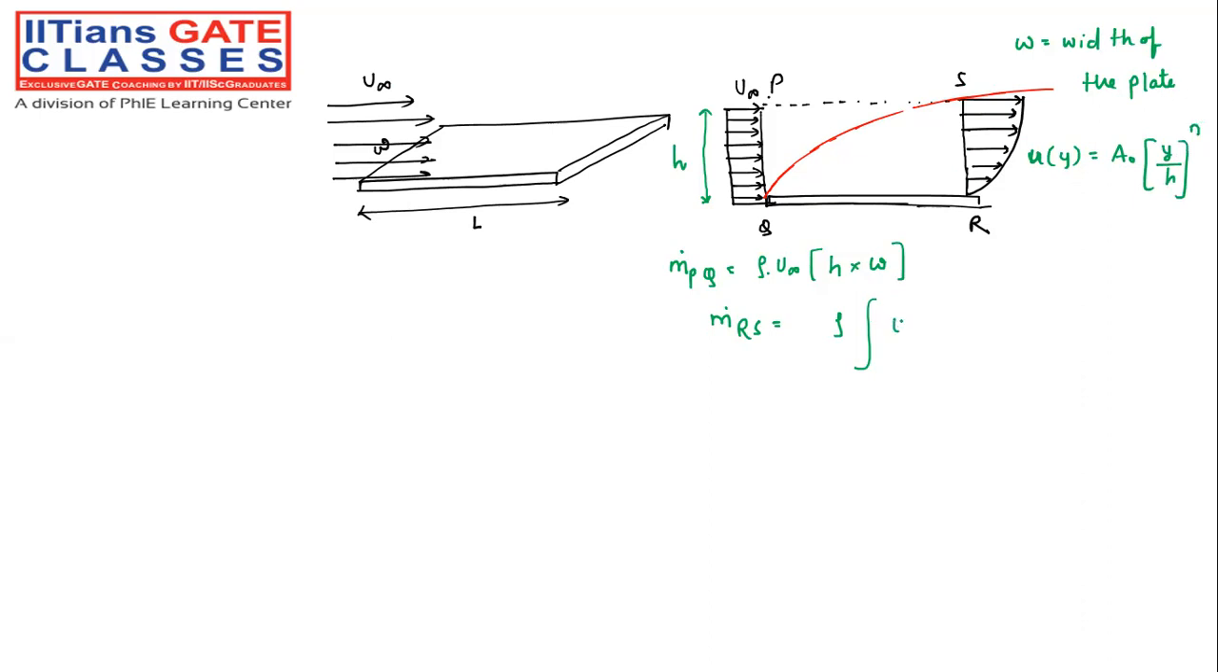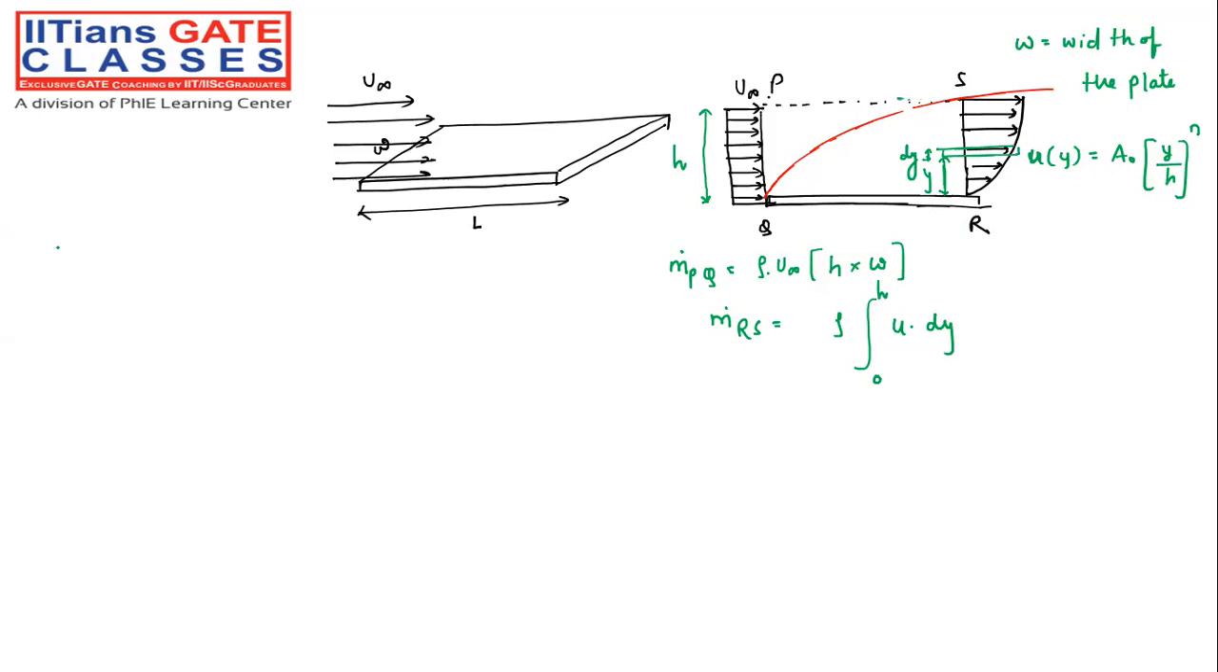Rho into u into dy. I'm just taking the one element at a distance of y, which has a particular gap of dy, right? So that is what we have to integrate: rho of u into dy, from 0 to h. Now, again, what we need to do, and you know that because of the boundary layer